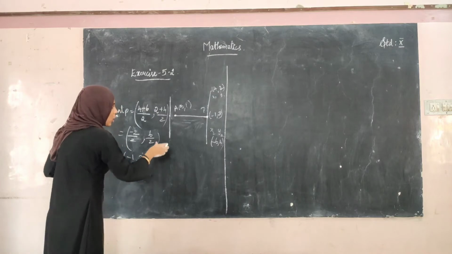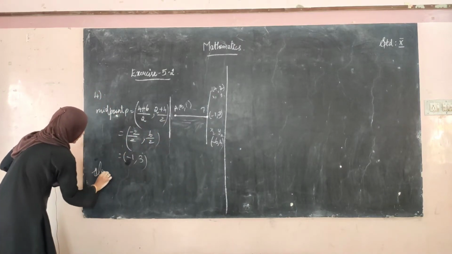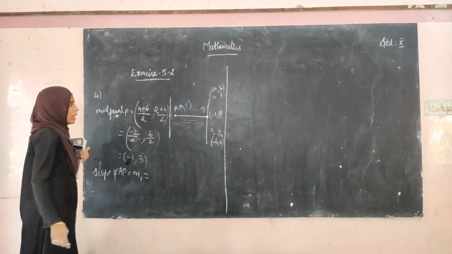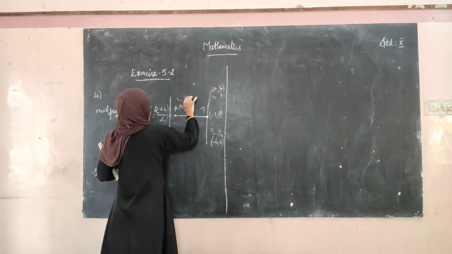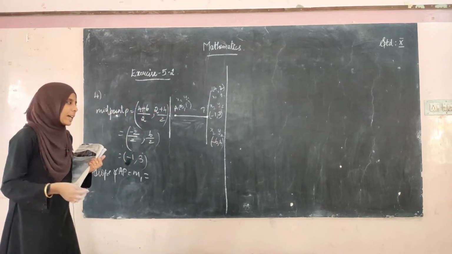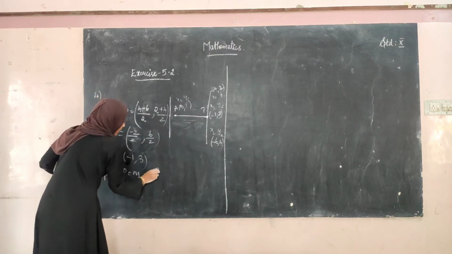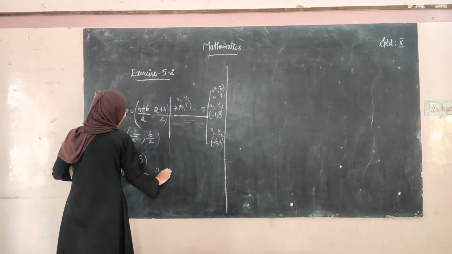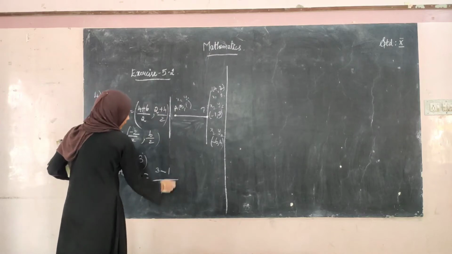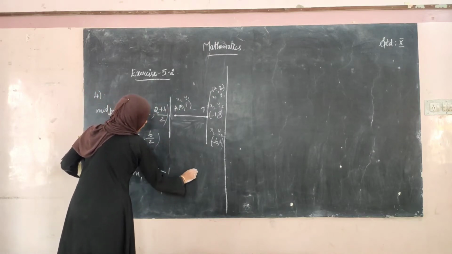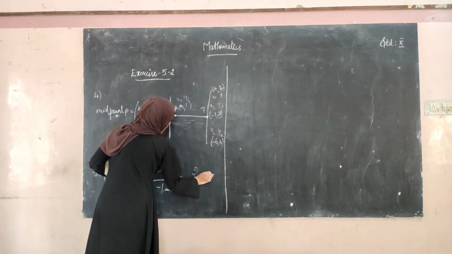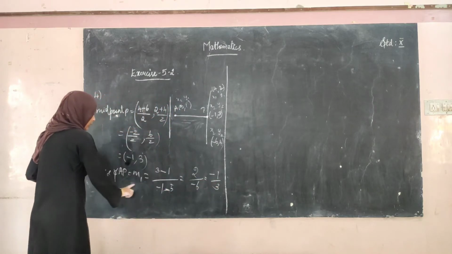Now we have to find the slope of AP. Let us take that slope of AP as m1. Here you take this as x1, y1, x2, y2. What is the formula for finding the slope? It is y2 minus y1 divided by x2 minus x1. y2 here is 3 minus y1, which is 1, divided by x2 which is -1 minus x1, which is 5. That is 3 minus 1 is 2, divided by -1 minus 5 is -6, which equals -1 divided by 3. So this is the slope of AP.